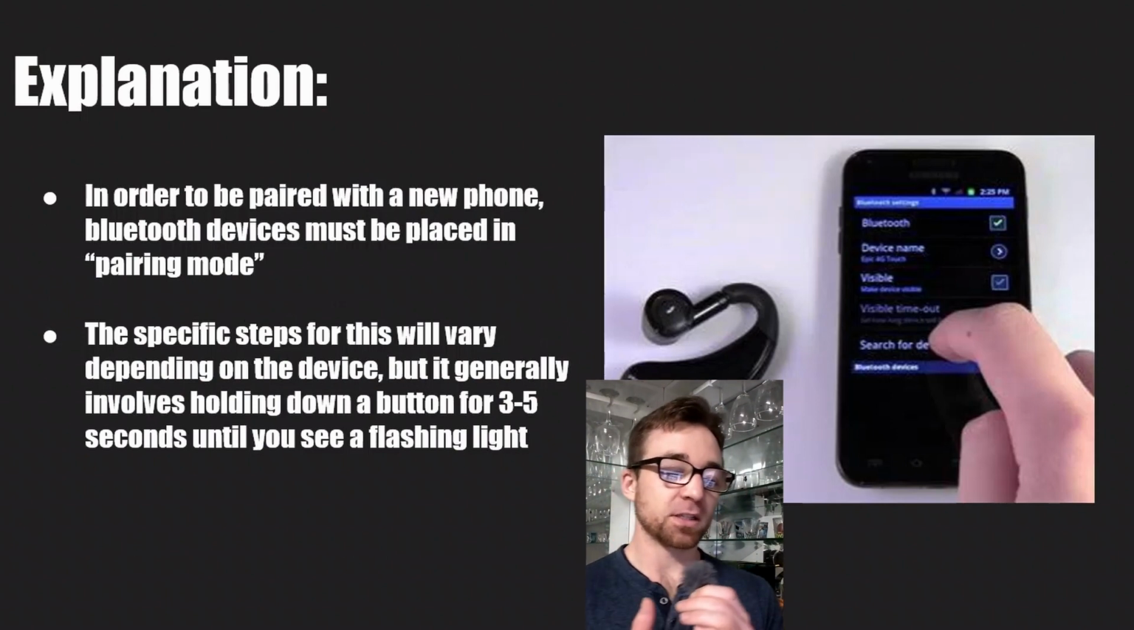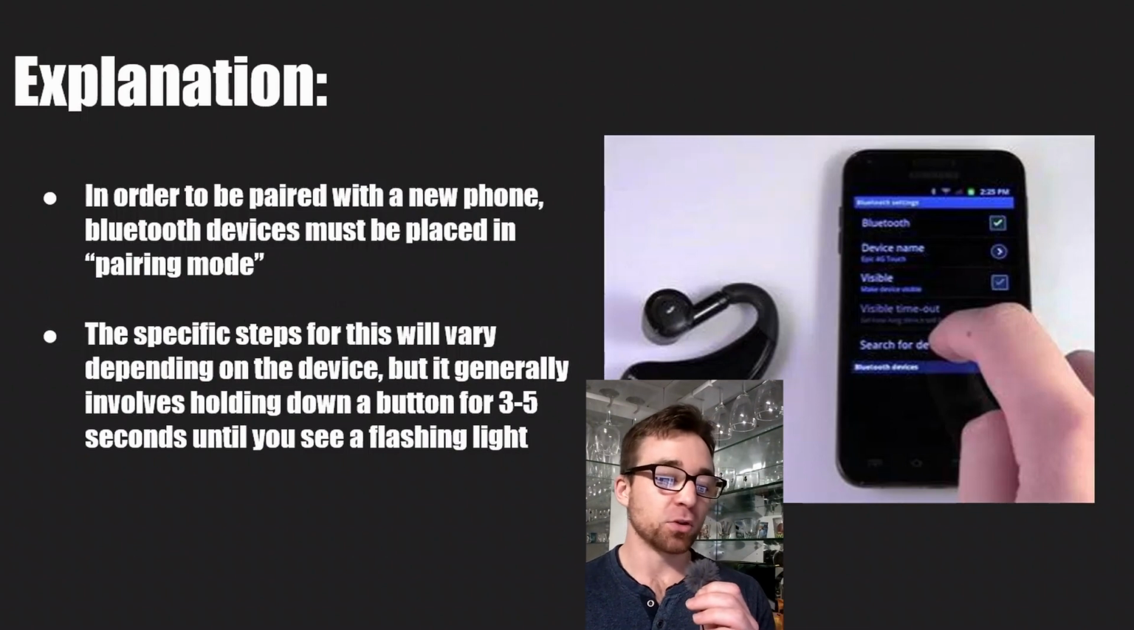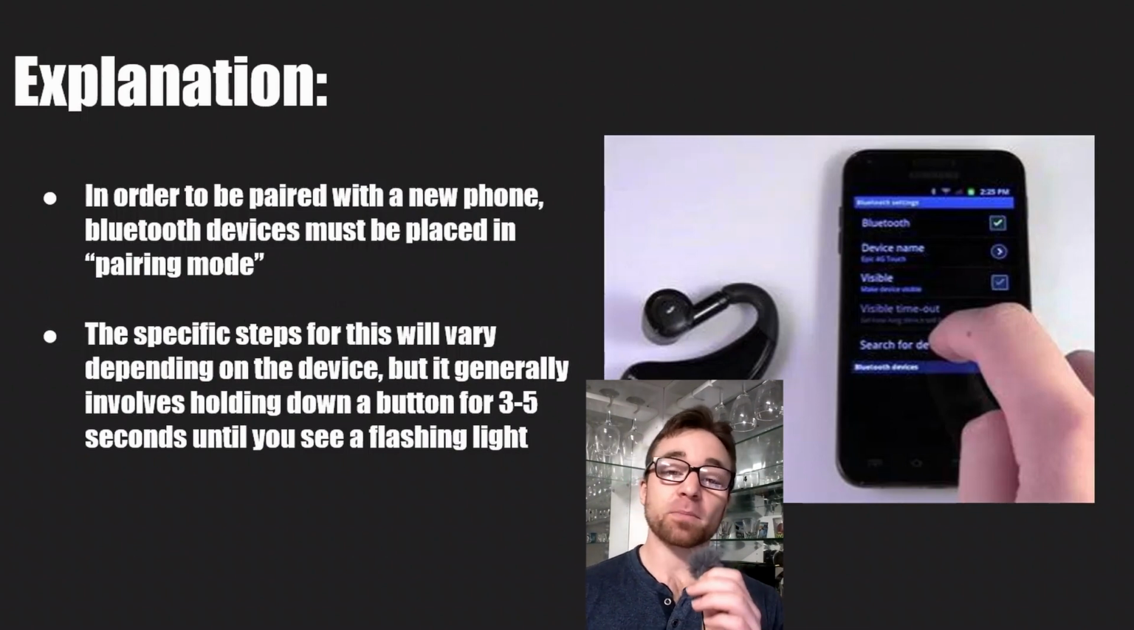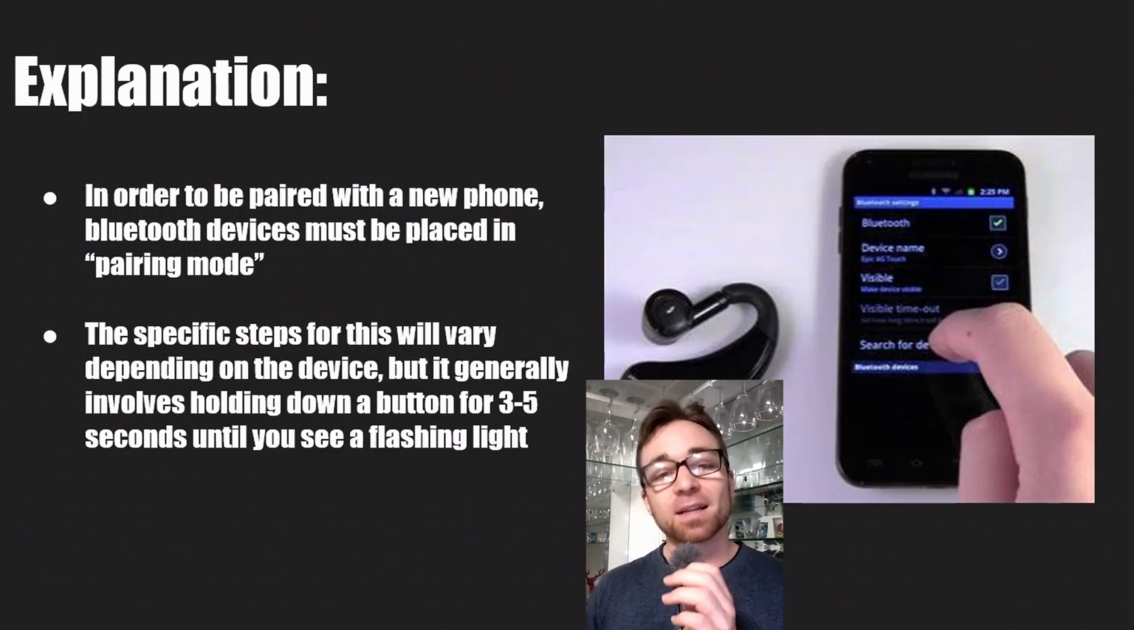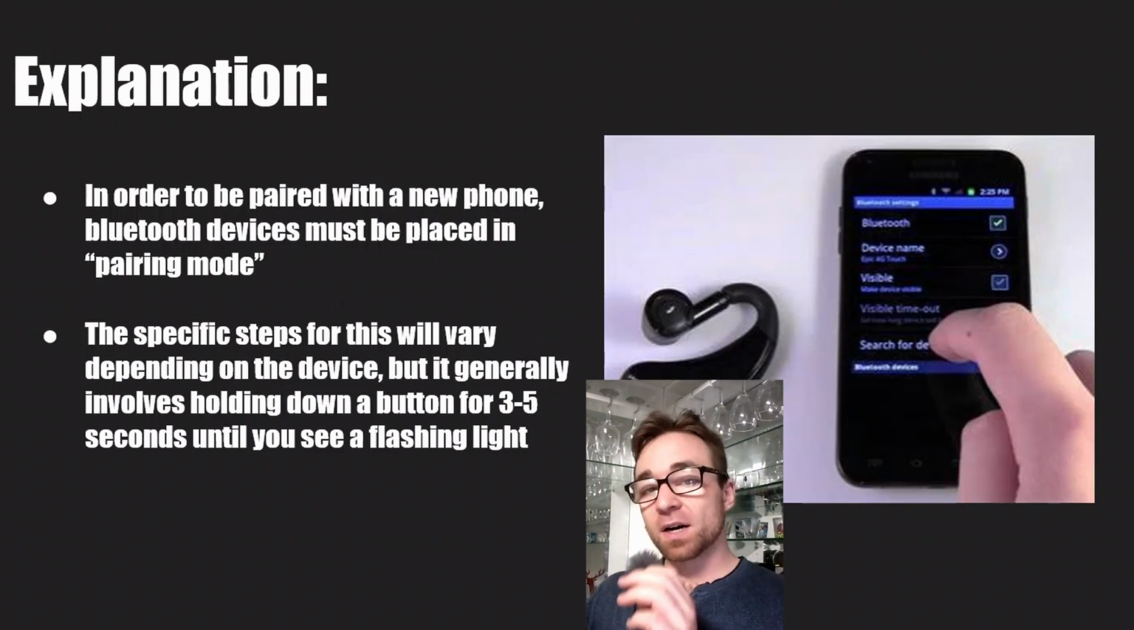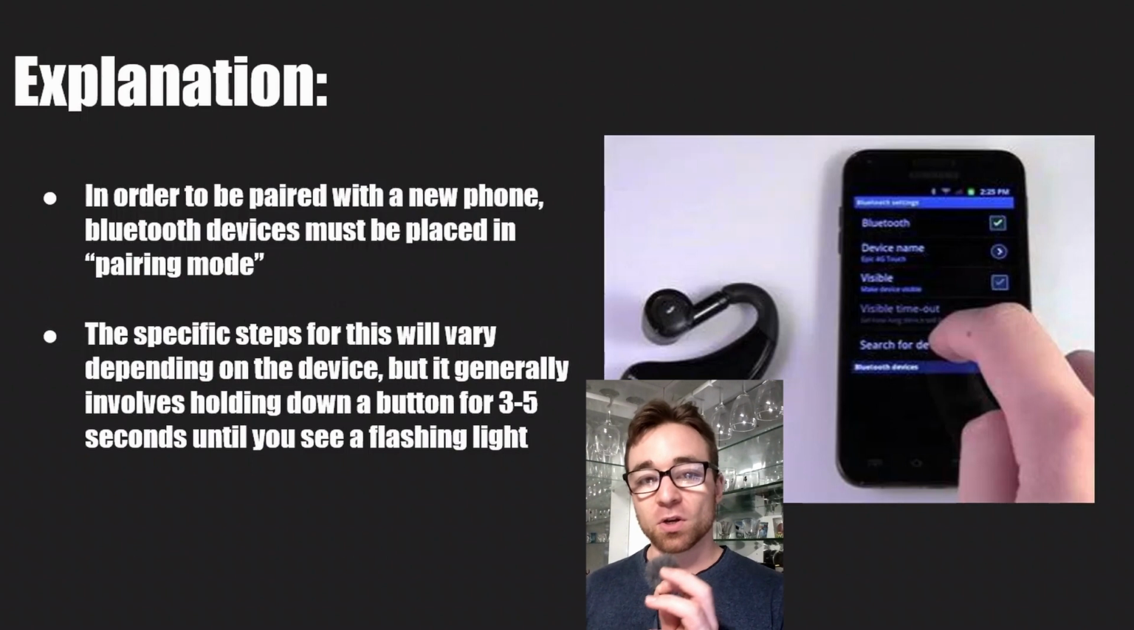So if we take a look at this issue here, in order to be paired with a new phone, Bluetooth devices must be placed in pairing mode, particularly if it's a new phone, right? If you've connected before, not so much, but if it's a new phone, they need to be placed in pairing mode because that tells them, hey, look, I want you to connect to a new device, not something you've connected to before, but a new one. So I need you to be receptive and open and search for what's out there